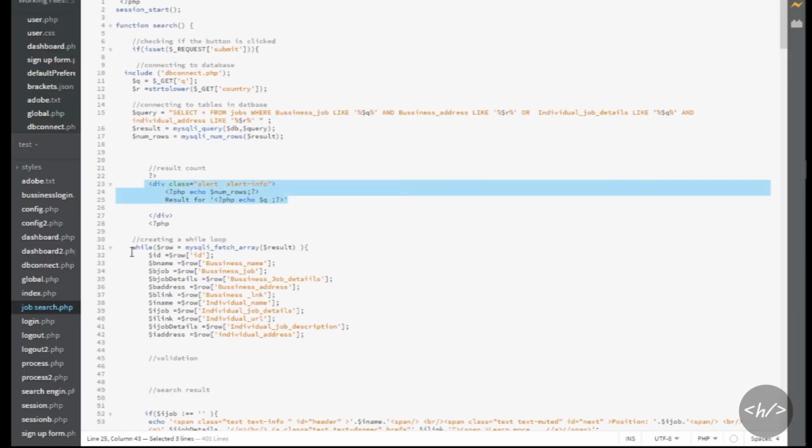So here, I created the while loop, and this while loop searches the first row, the second row, the third row, the fourth row, the fifth row, the sixth row, the seventh. A while loop just keeps searching the rows and the rows till it finds a result. And if it doesn't find a result, when it has searched the whole database, it sends that no result was found.